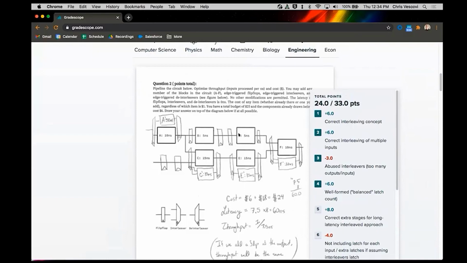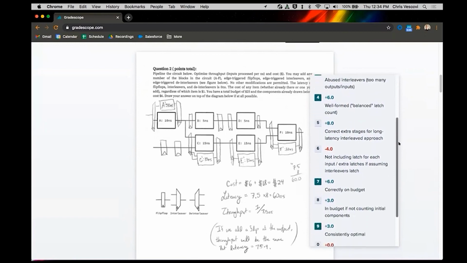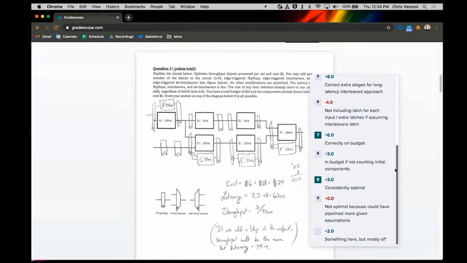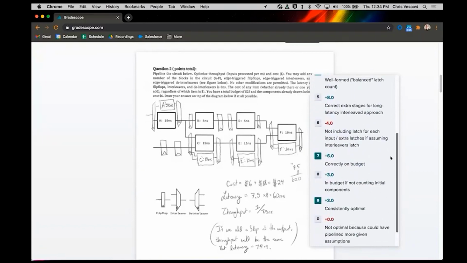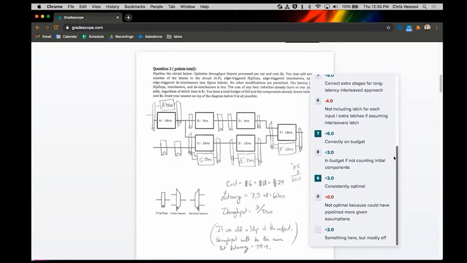We have the question, and we would go into Gradescope and be presented with all of our students' answers to this question too. And then we would build this rubric on the fly as we're grading. So as we're flipping through and seeing the different responses we get from students, we're creating rubric items and therefore also creating feedback for our students and applying what's appropriate for that particular student's response along the way. So if there's an issue with it or something they did that earned extra points, whatever the case may be, as you are grading it, you can create these grading items in this rubric and apply them as